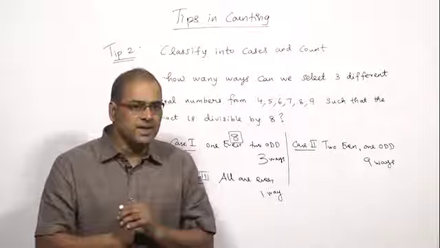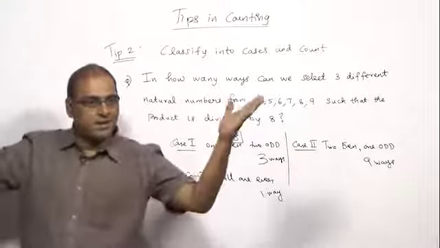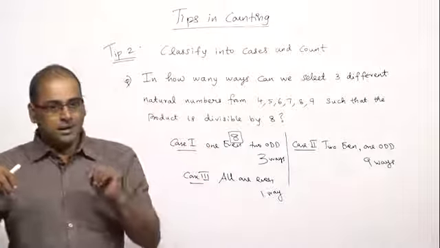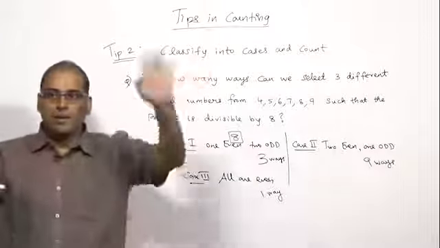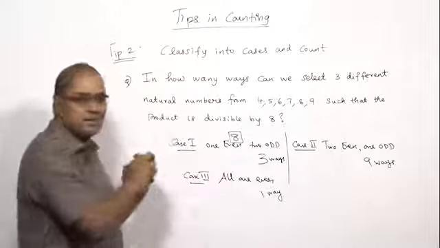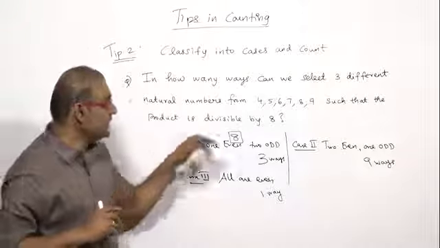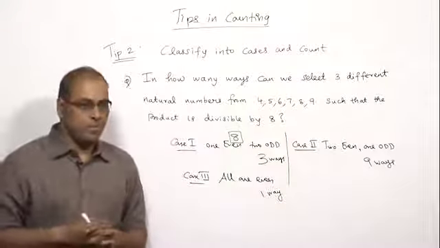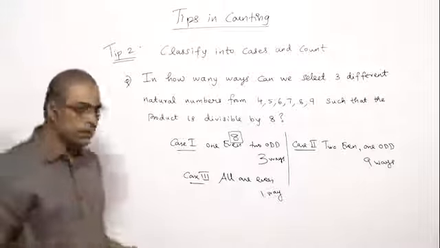What is the problem with this classification? In the case where 4 is one of the evens, 6 may be the secondary. If 4 is primary, 6 may be secondary, right? And then if 6 is primary, 4 may be secondary. You may be getting the same combination twice. That's what I said. You can classify in any way theoretically, but try to make the classification such that there is no overlapping. Okay, understood, all of you?